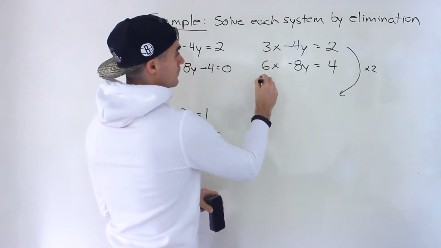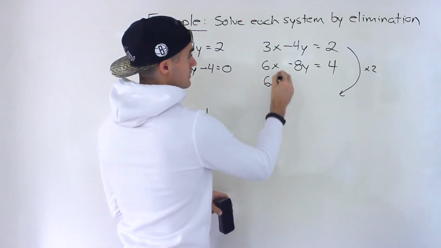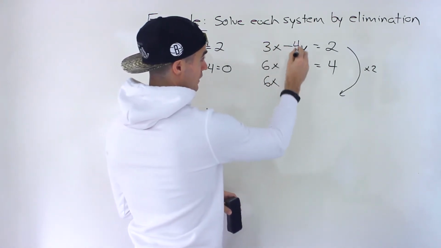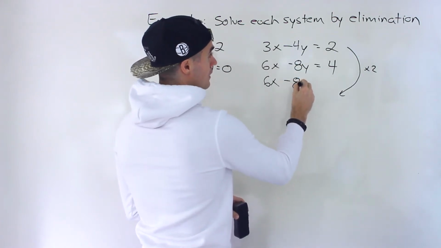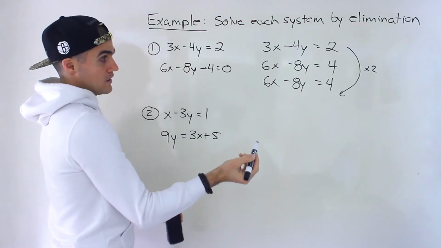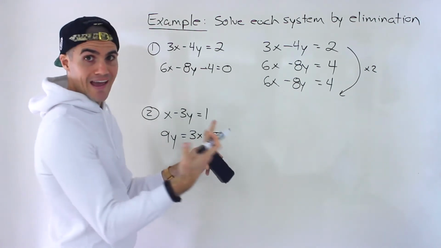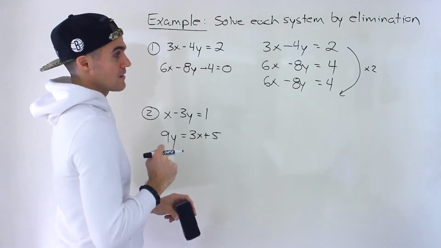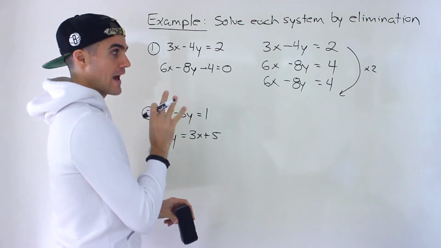So if we do that, we'd end up with 6x. You have to multiply everything by 2. -4 times 2 is -8. 2 times 2 is 4. And notice what happens, we actually end up with the same line. So whenever that happens,